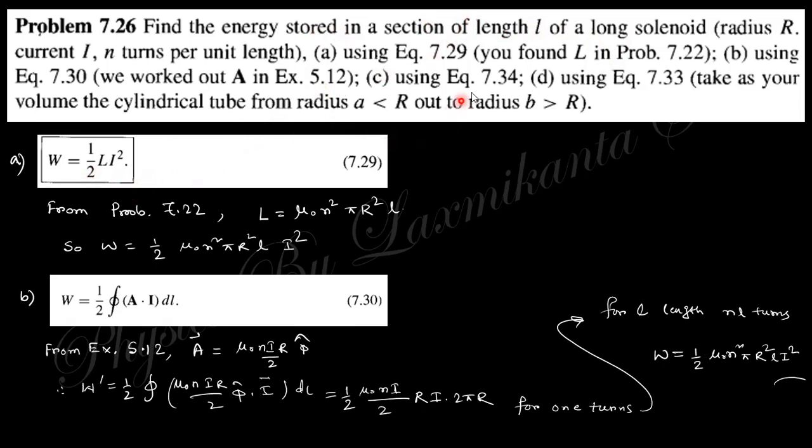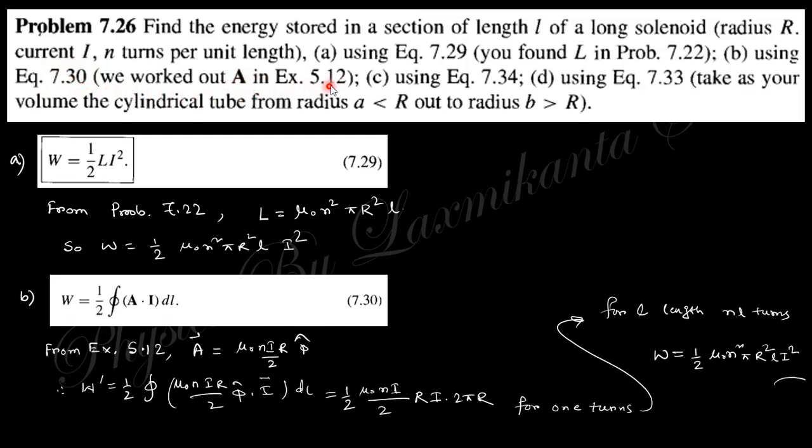So equation 7.29 says the energy stored within the solenoid is half L I squared. From problem 7.22, in the previous lecture, you can see the self inductance L of the solenoid is obtained as this. So just putting this value of L, you can easily find the work done, that is the energy stored within this solenoid. Next, using equation 7.30,